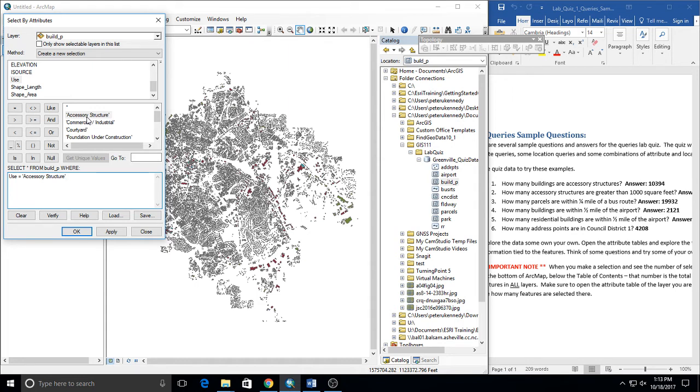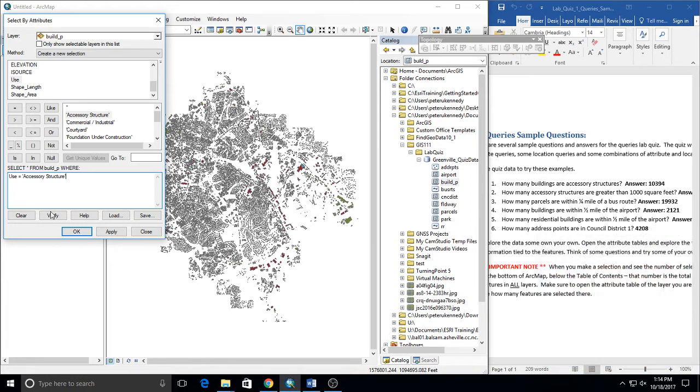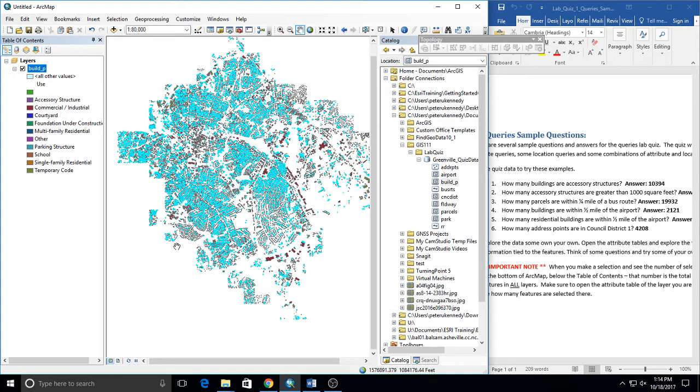If you are querying for a field that holds text or string information, that value must be in single quotes, and you get that by picking the value from these options here. So if I click apply, it selects them. Notice the little number pops up down here, and that number looks like the correct answer from our document here. Now, that number you have to be very careful of. Notice it goes away, and we'll talk about why that number may or may not be correct on a future